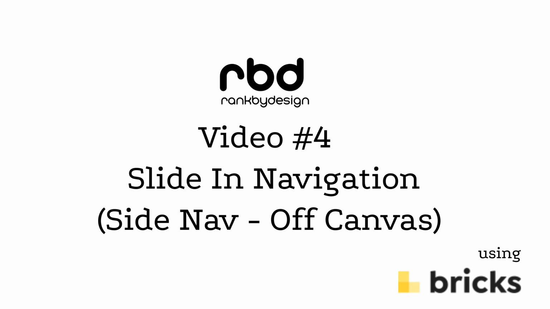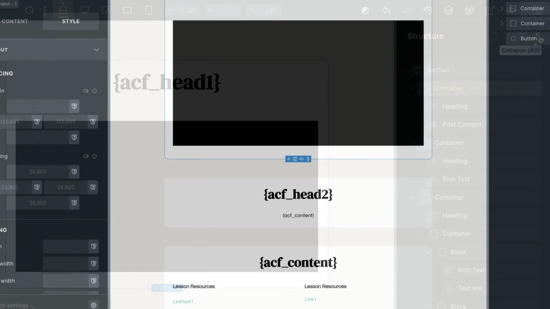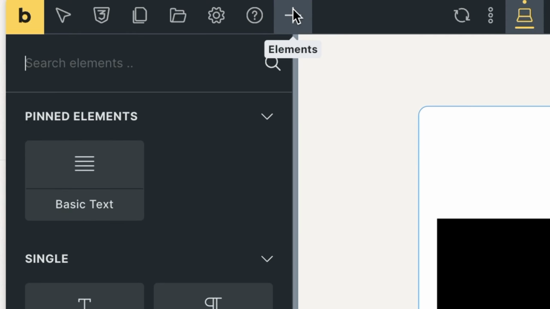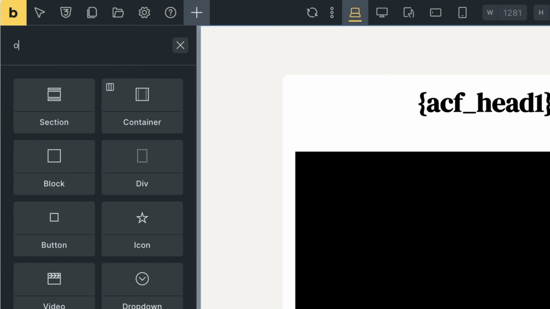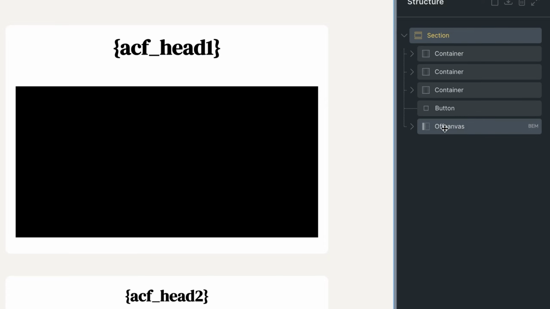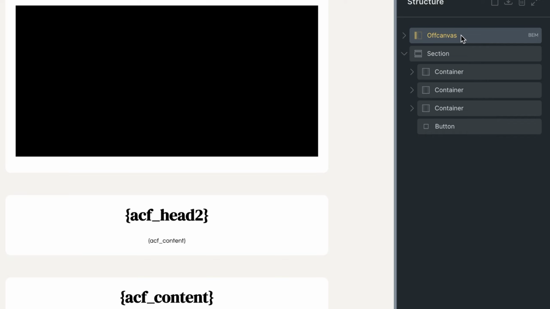So the next element we want to add to our lessons page is navigation. Typically in a course, you're going to see a vertical type slide in navigation. So let's go ahead and add that. We're going to collapse the structure here, and then we're going to come up here, the plus button, type in OF for off canvas, and then expand the section, and then just drag this to the top of the structure